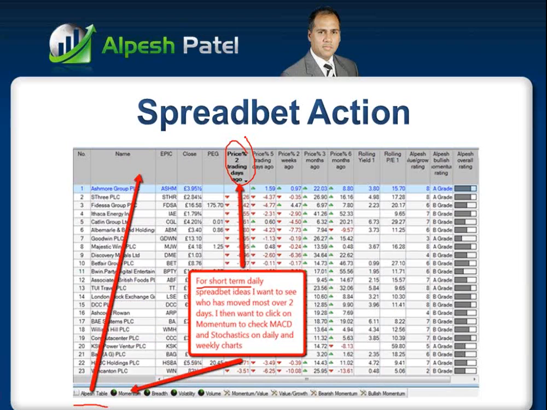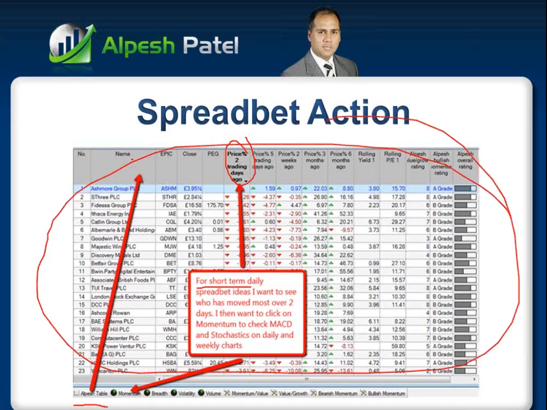I don't have to look through thousands of stocks. It's all done for me. The Alpesh table gets all the layout done for me. I'm able to rank it at the click of another button. How simple is that? And then I can click on the stock and look at the momentum, which is all laid out for me